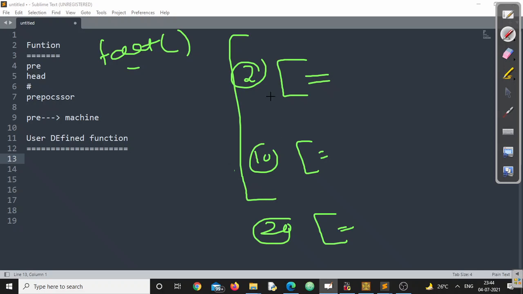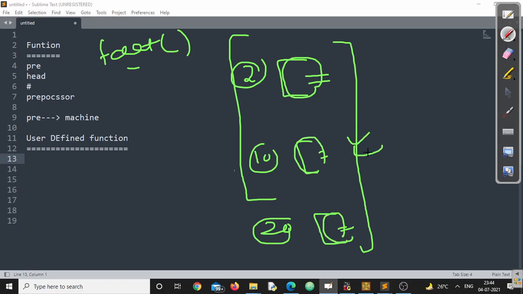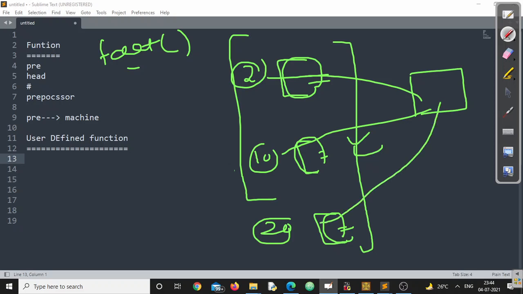And the problem is the factorial function is not there in the predefined header files. We have two options now. Either we can write the entire code at line number 2, the entire code at line number 10, and the entire code at line number 20. That will do. Or else we can write a separate function and call it at line number 2, at line number 10, and the same at line number 20. This is what is called a function.